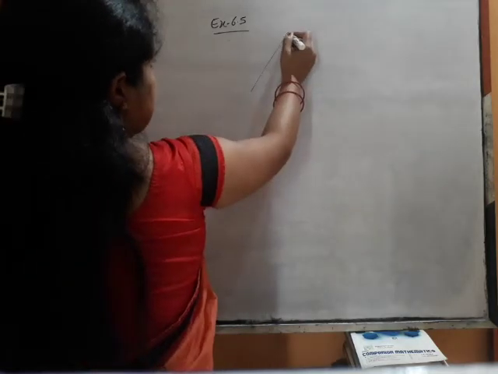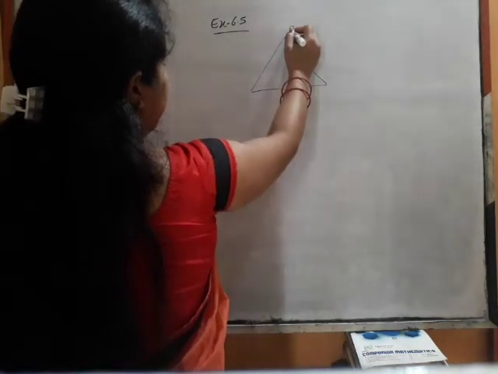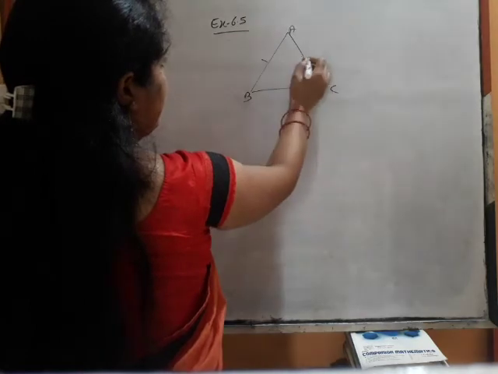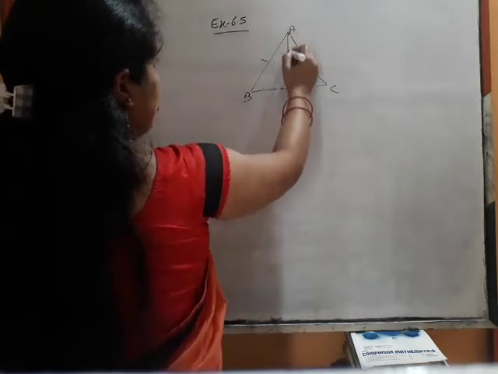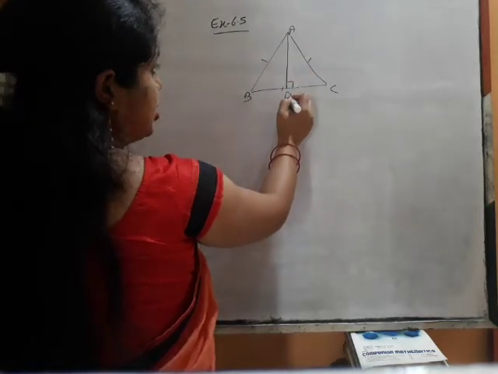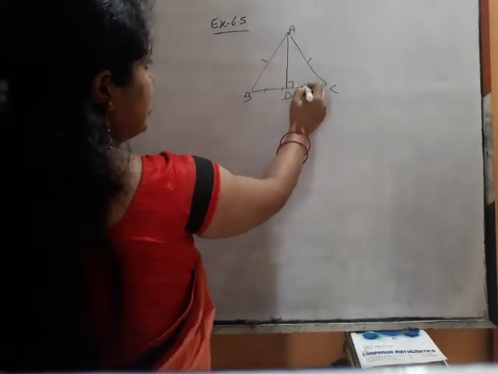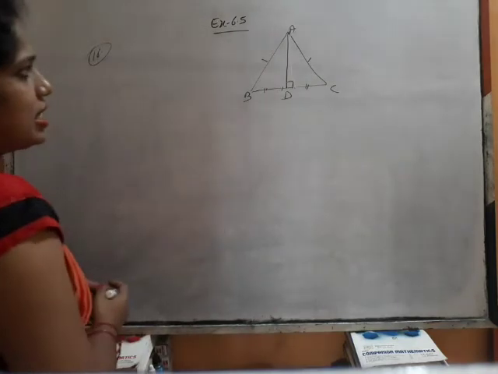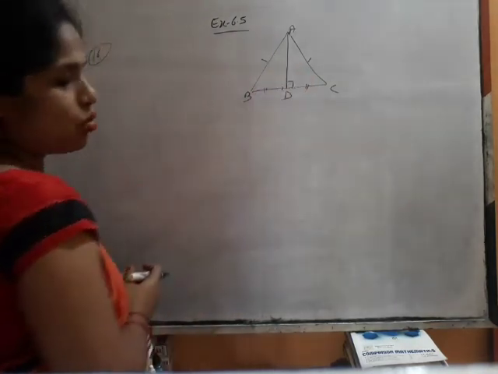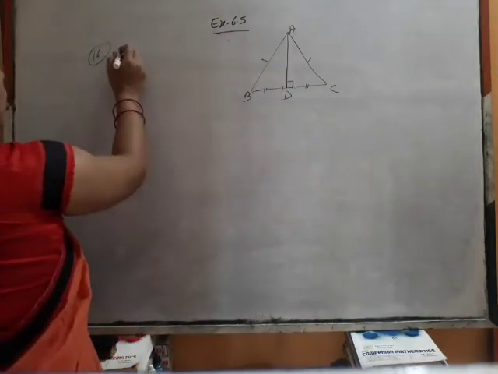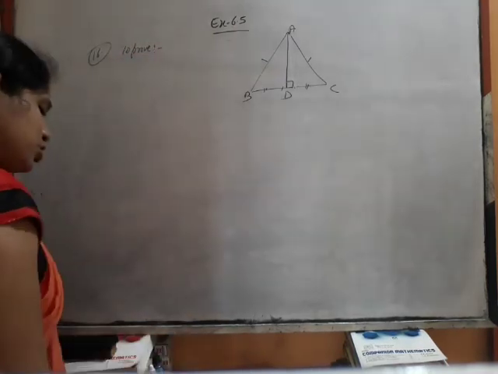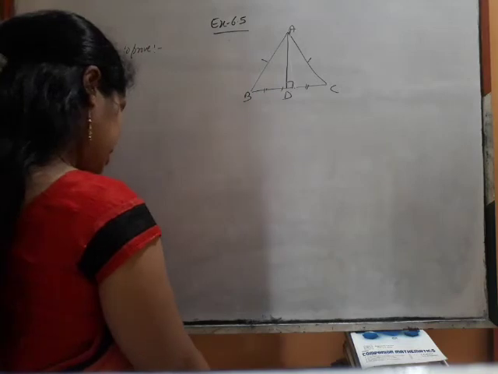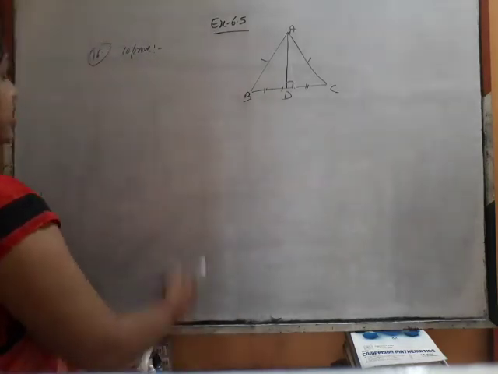Easier. Similar things will be used a little bit. ABC is an equilateral triangle. If I draw a perpendicular, that means an altitude, it will divide the side into 2 equal halves. Since we can prove these two triangles as congruent triangles, so to prove, what is to prove here? 3 times the square of the side.